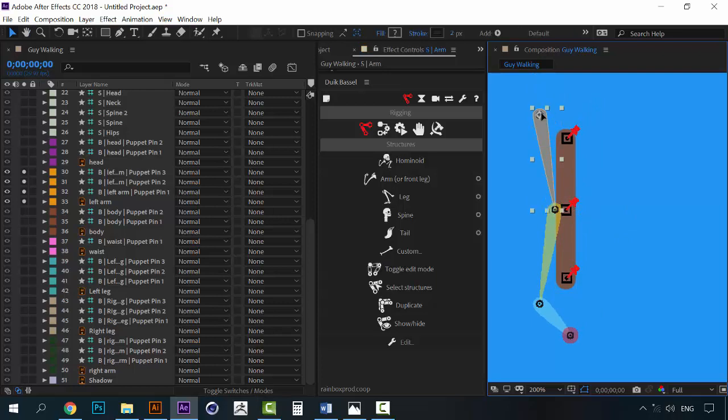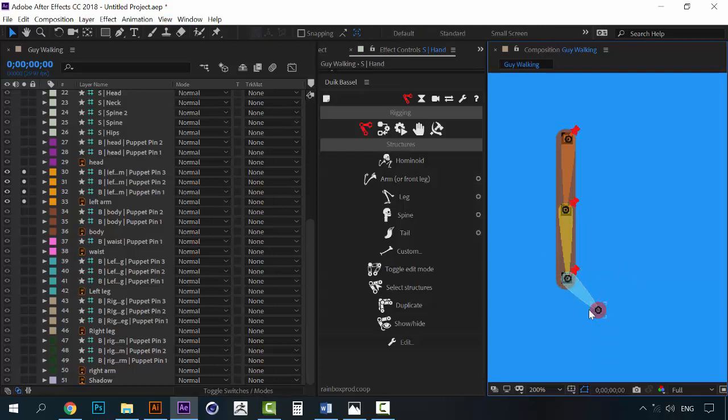So you have to start from the top to the bottom, because if you start here, then if you move this, you are going to move this handle too. So let's start from the top to the bottom. Grab this handle right here, which should be the shoulder, and attach it to the shoulder bone. This should be the elbow, attach it to the elbow, and this can be the forearm, or in this case